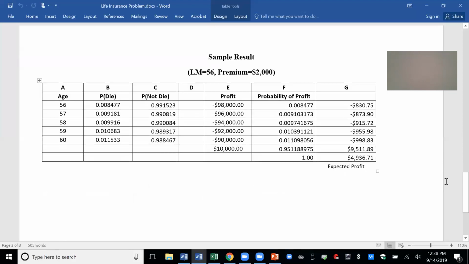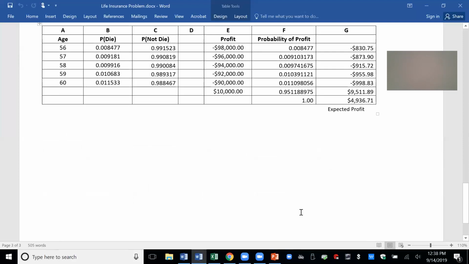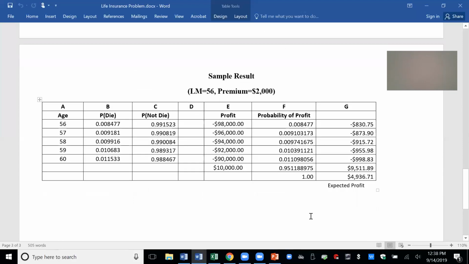All right, so I will be glad to look at your solution ahead of time. Bring me a hard copy, and I'll tell you whether it's right or not. And then you should get the full credit on this exercise, and I believe it's worth 4% of your final grade.